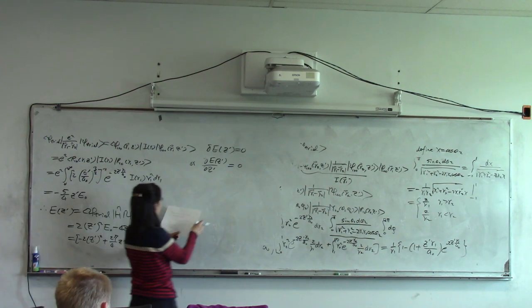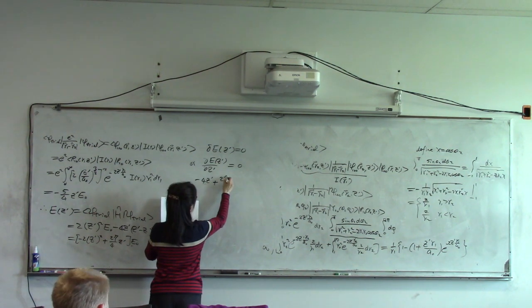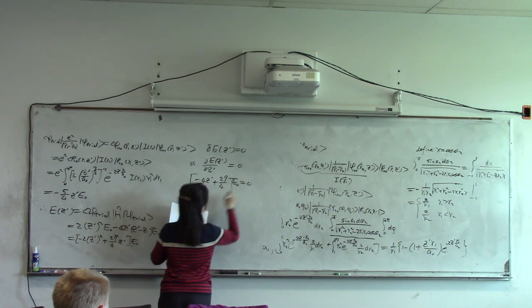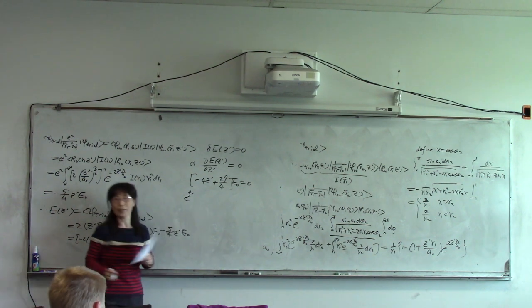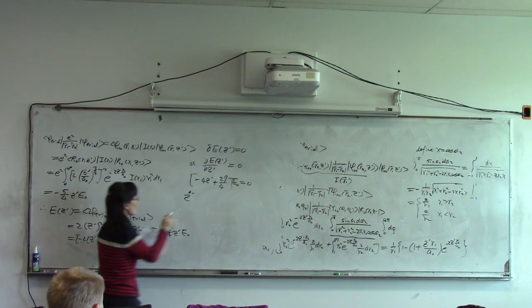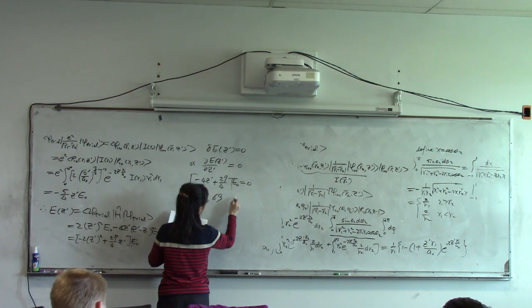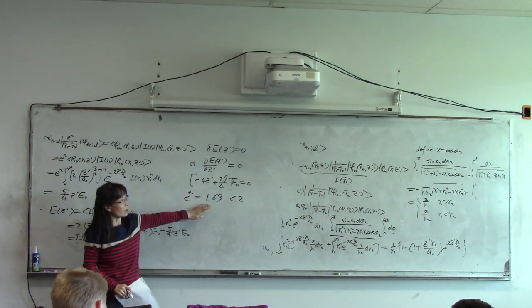So we have minus 4 z prime plus 27 over 4 e naught equal to 0. So we can get z prime. Now I'm going to use star here. That is optimized, right? By solving this one is very simple. 1.6 is definitely smaller than 2, consistent with our initial